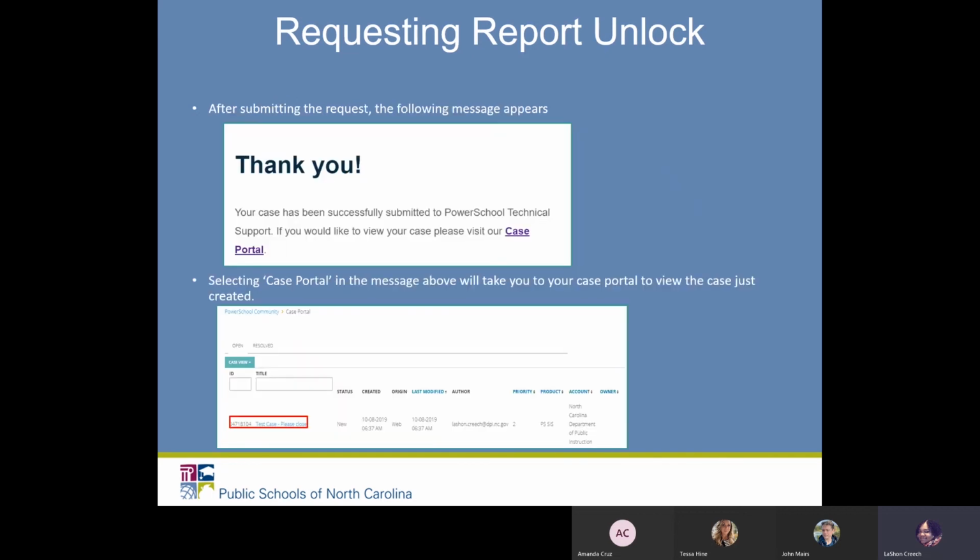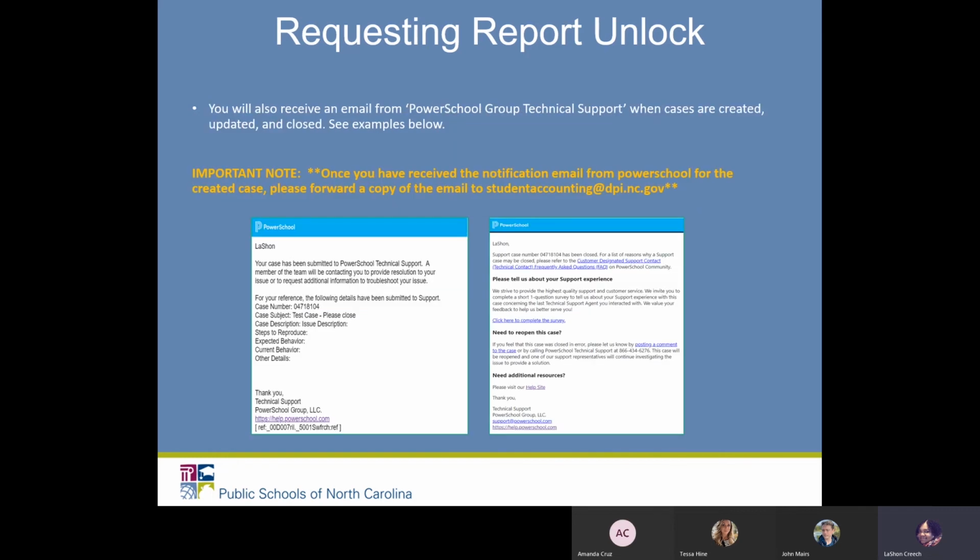After submitting your request, the following message appears. Selecting the case portal in the message will take you to your case portal and you can review the case that was just created. You also receive an email from PowerSchool Group Tech Support when cases are created or updated or closed, and the examples below are